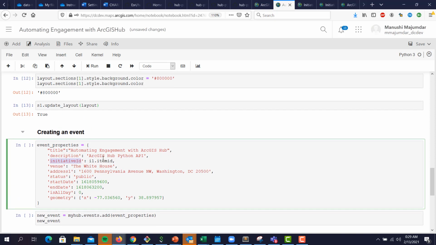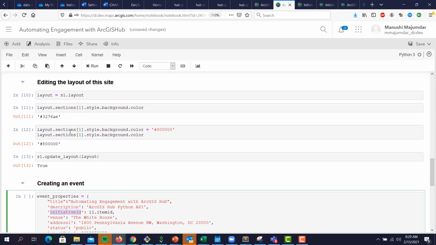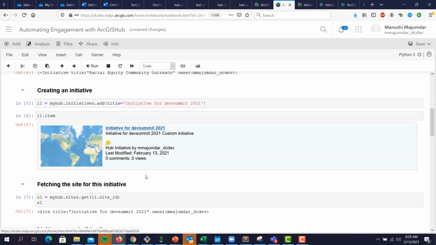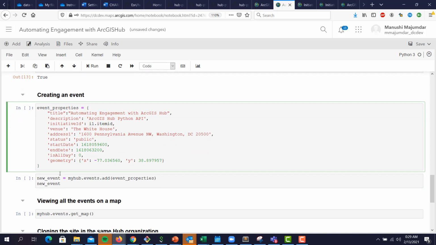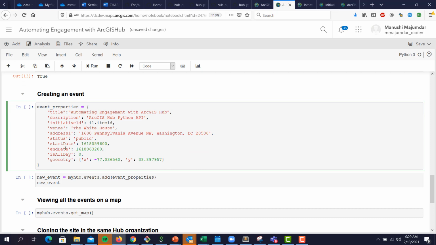Here we want to create this event for the same initiative we've just created, that is Initiative for Dev Summit 2021. We do that by calling the item ID property on the particular initiative object. We add a venue, an address, a particular status, that is whether it's publicly viewable or not. A start date and end date, these are provided in Unix time, and then whether it's an all-day event or not. Since it's not, we give 0 as opposed to 1 as its value,